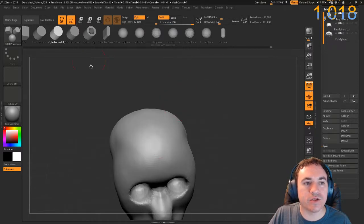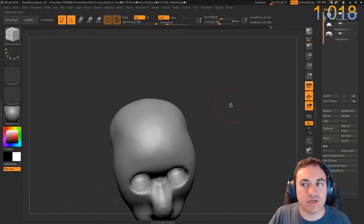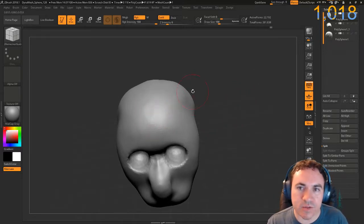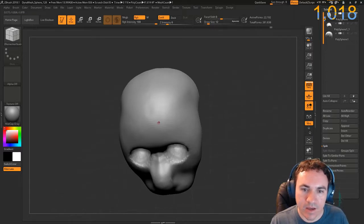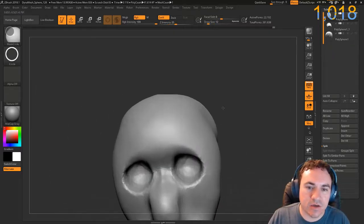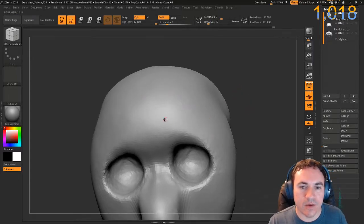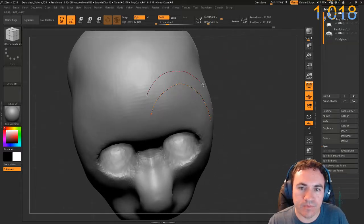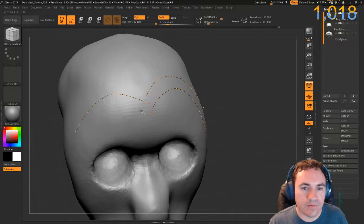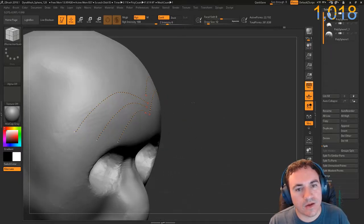ZRemesher guides, I was going to redraw the ZRemesher guides for my next hair creation. Let's reduce my draw size. Okay. And then let's draw our first. Let's see. No. I'm going to start right here. Okay. And then we'll do the other side. Okay. And then